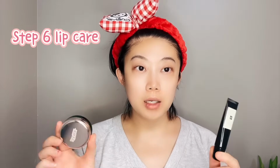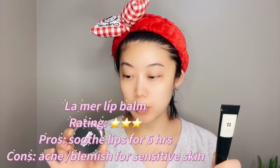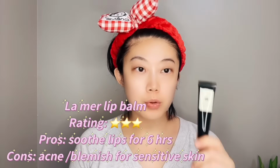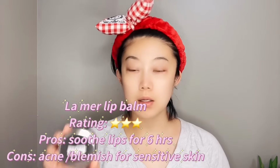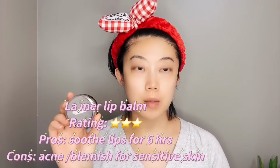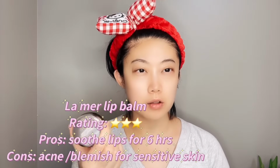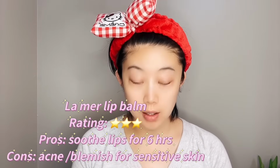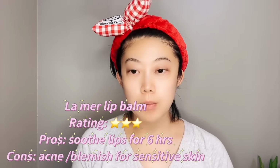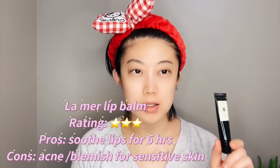So for my lip care, I generally use these two products as I mentioned in the previous part, but I do prefer this Jo Malone Vitamin E lip conditioner rather than this La Mer lip balm. The reason being that I noticed after using this La Mer a lot of times, it started to give me breakouts or acne around my lip area. But if I switch to this Jo Malone Vitamin E lip product, it doesn't generate the same issue. So I was thinking maybe